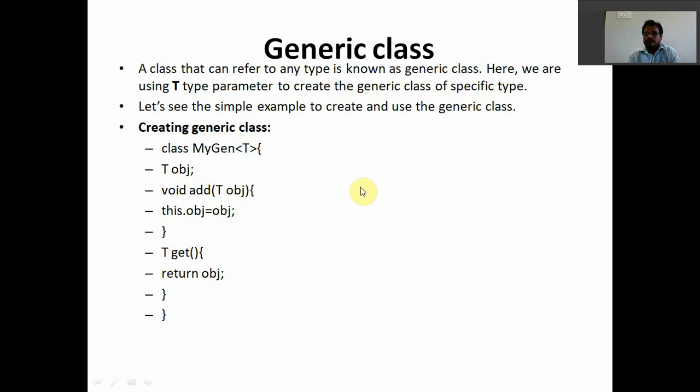So try to understand what is a generic class and the generic class concept with the example. See here, I am not memorizing anything. You have to create your own class, not a problem. I am putting MyGen. MyGen is my generic class name, and it is of type T. In this class, I am mentioning one object and one method, and we are adding an object to the corresponding class. After adding, one more method, the get method, retrieves the data from the corresponding class.